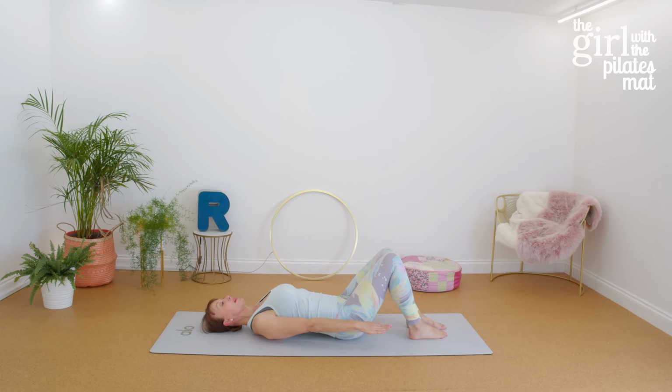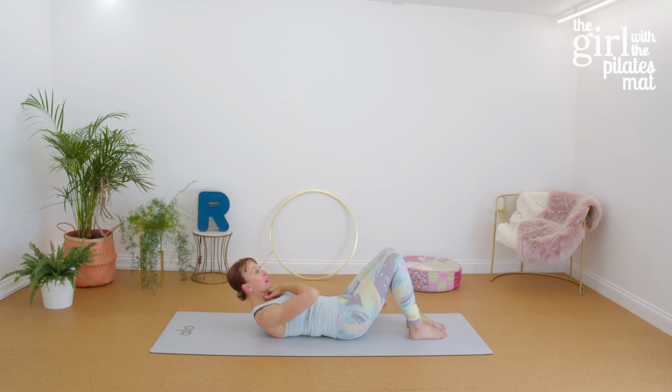And if you feel okay to do so, you can nod your chin and lift your chest up. If you feel any discomfort here in the neck, then please put your head down. So we're going to start to move those arms. And here we go. We take a deep breath in through the nose, and then we're going to exhale 2,